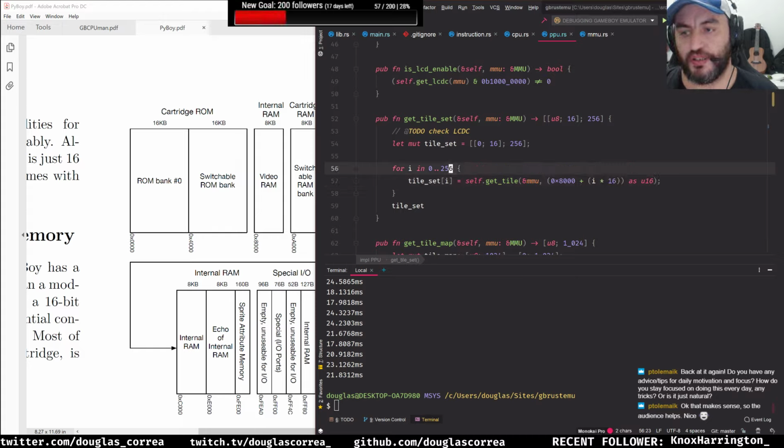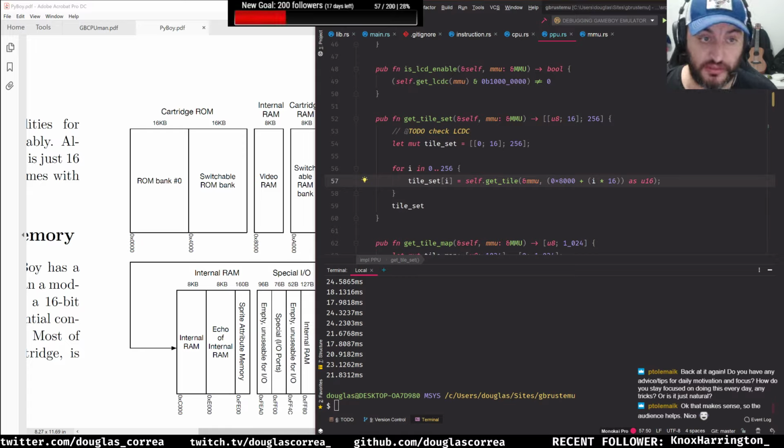Yeah, so here we are assuming our tile set is only the first 256 bytes of this area. But that's not true because we already saw